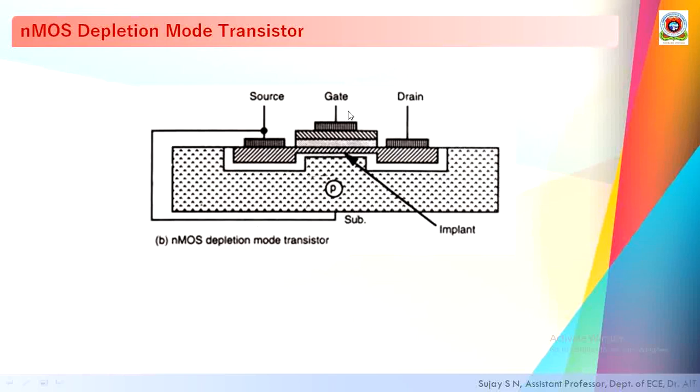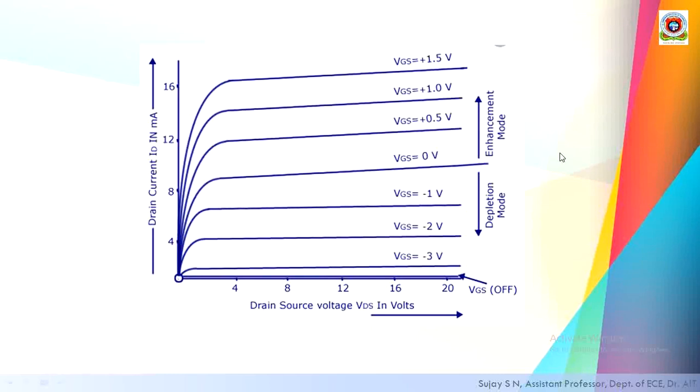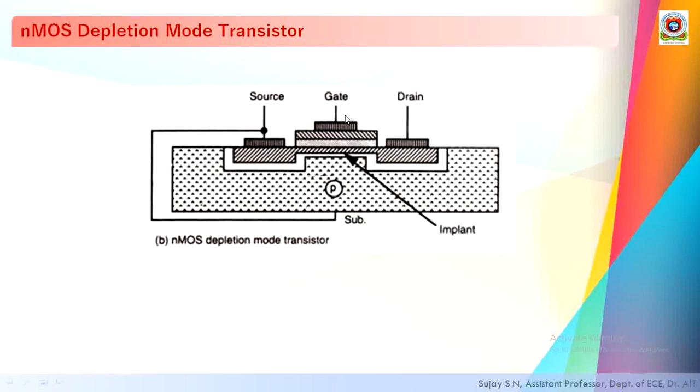That is the advantage of the NMOS depletion mode transistor, and the remaining thing, the transistor action, is the same as the NMOS enhancement mode transistor. This is the IV characteristics indicating enhancement mode operation and also depletion mode operation. You can observe here that for negative values of VGS also the depletion mode transistor works. But when we give more negative voltage from the gate, the channel becomes pinched off. As we apply more negative voltage from the gate, what happens?